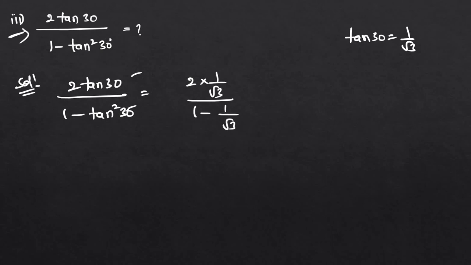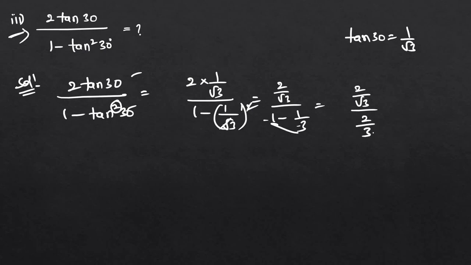So, okay, 1 minus tan square 30, tan square 30 and numerator 2 tan 30. Okay, very good. So this is the question here, and it will become 2 into 1, 2 by root 3 and divided by, this is whole square actually. Here see, this is whole square, and 1 minus, root and square will get cancelled here. Right, 1 by 3 will remain. So 3 and 1 is 3, 2 by root 3 divided by, this is 3, 3 minus 1, 2.